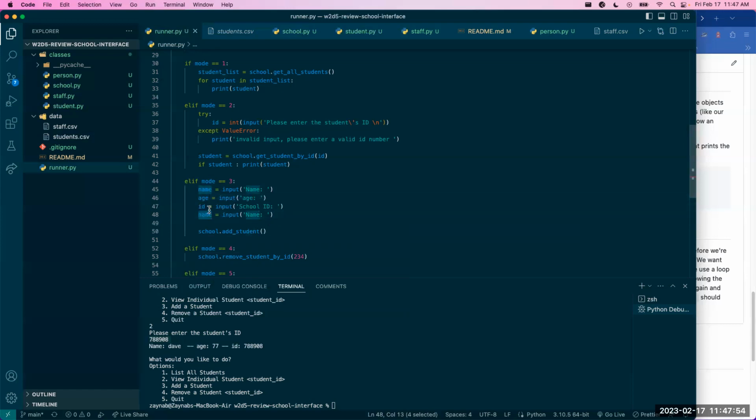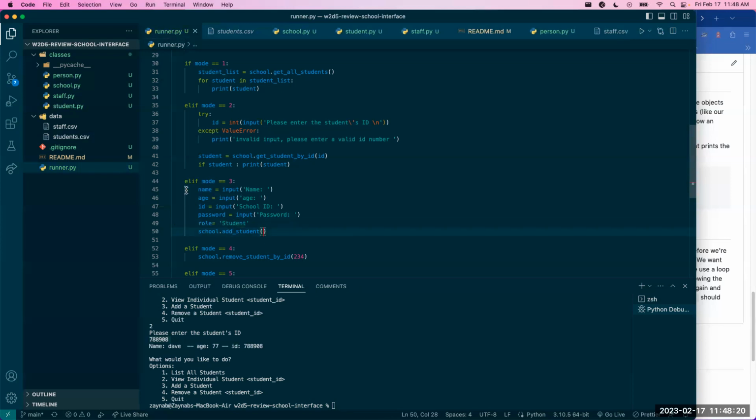And password. Okay, and then role, we can say role is equal to student. Because we're creating an actual student. We can set this later, but